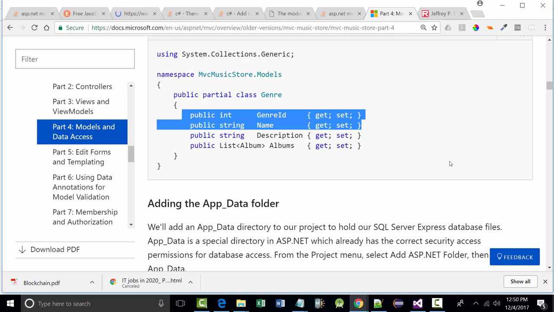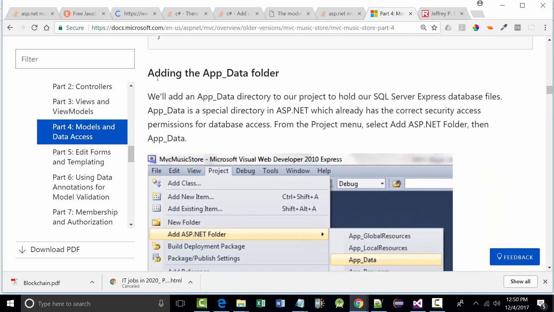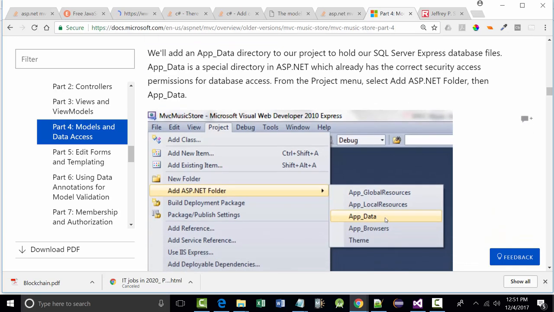Now, when you look at this, what might look a little different is this one. Every genre can have one or more albums associated with it. That's why we've got the list there, which means we can have a list of albums in this case. So we're going to do that. When we get to this point right here, we don't have to add the app data folder because